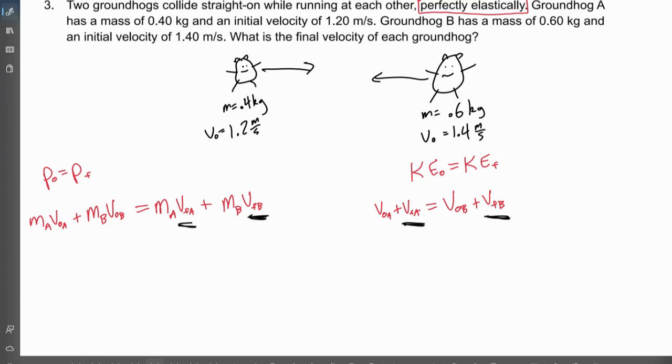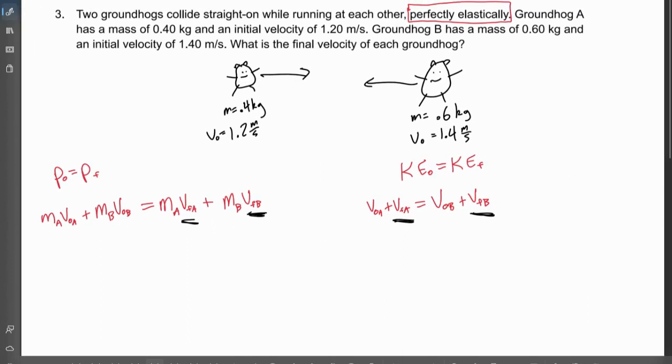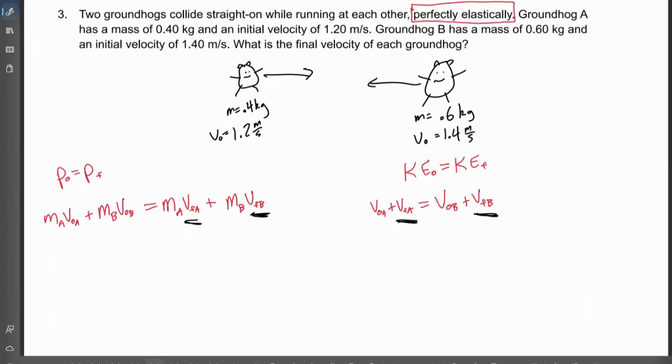2 equations, 2 unknowns. Right, we could plug these in, do 2 equations, 2 unknowns, systems of equations. You could work that out by hand. It's probably good practice for you to try to work that out by hand at some point. However,